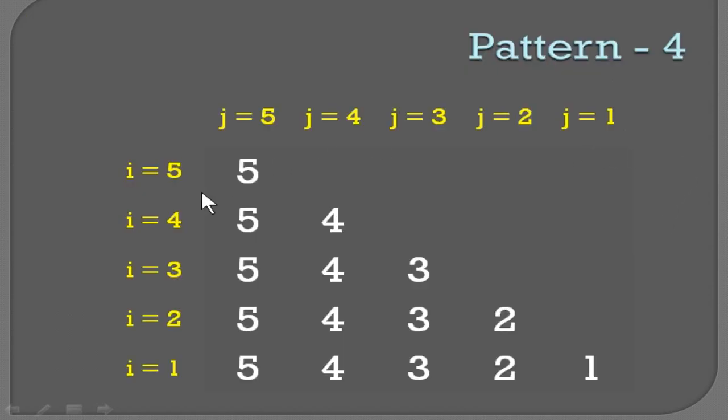So the next pattern is, you can see the first row is having only one value, that is 5, and then you got 5, 4, then 5, 4, 3, then 5, 4, 3, 2, then 5, 4, 3, 2, 1. Now the outer loop, just see down, you cannot find out from the first column, so you have to go to the last values of each row. So you can see 5, 4, 3, 2, 1, so that is the outer loop. So outer loop is decreasing. Start value is 5, end value is 1 and it is decreasing.